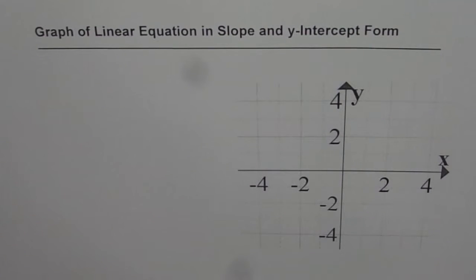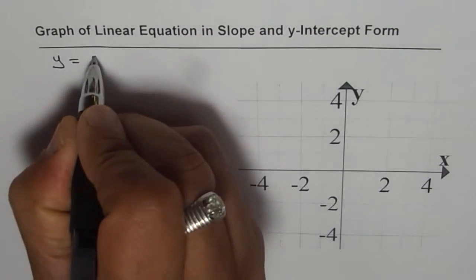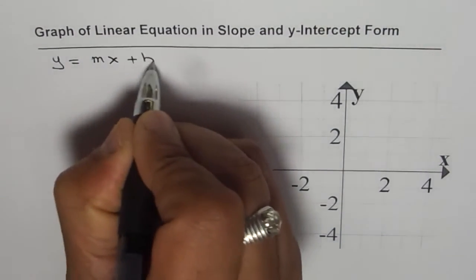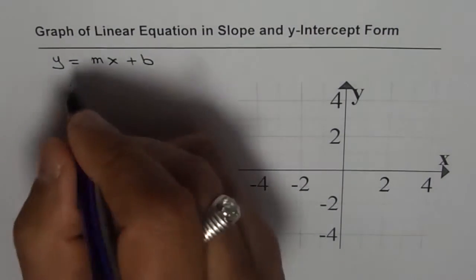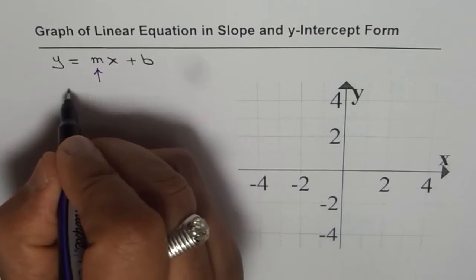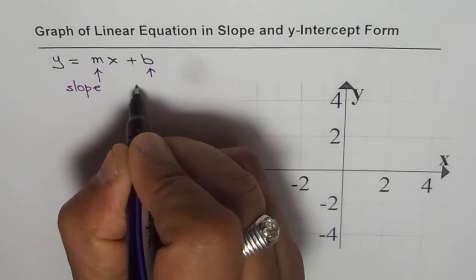I'm Anil Kumar, and in this video we are going to learn how to graph a linear equation given in slope and y-intercept form. Slope and y-intercept form is y equals mx plus b, where m is the slope, right? Where m is the slope. Let me write here slope,